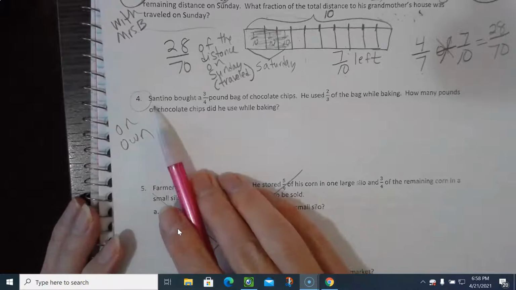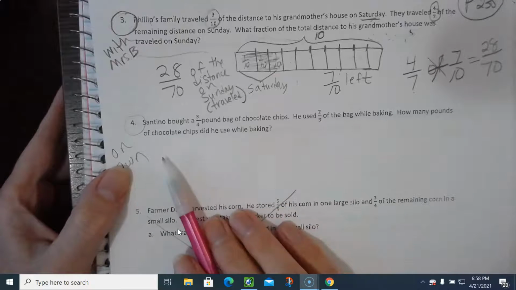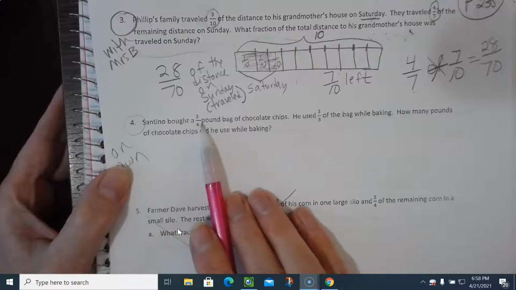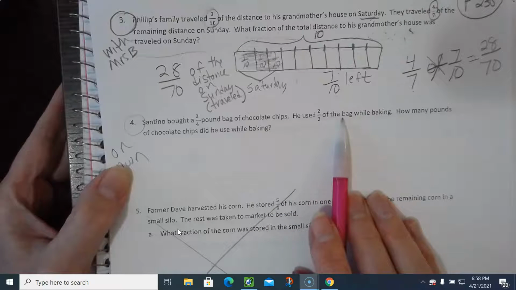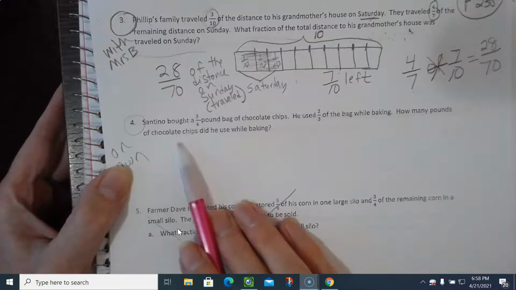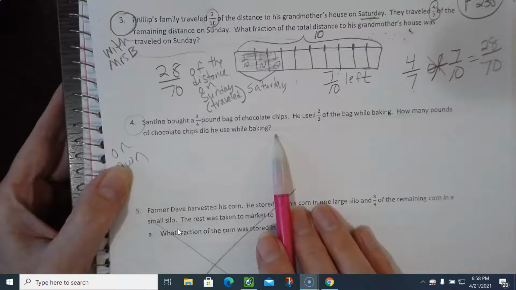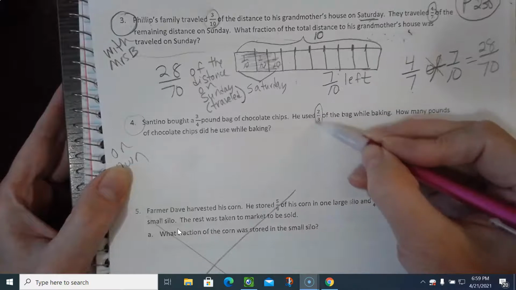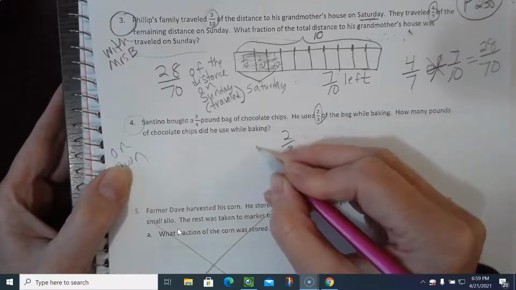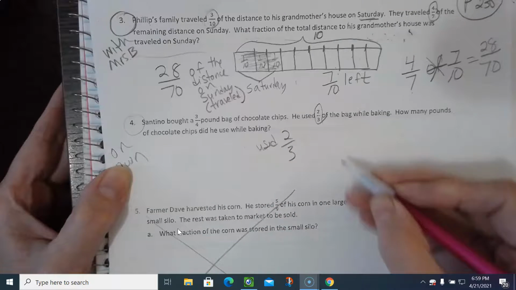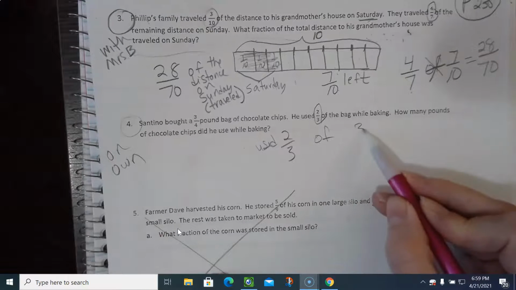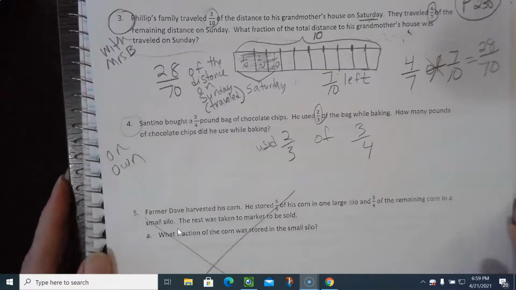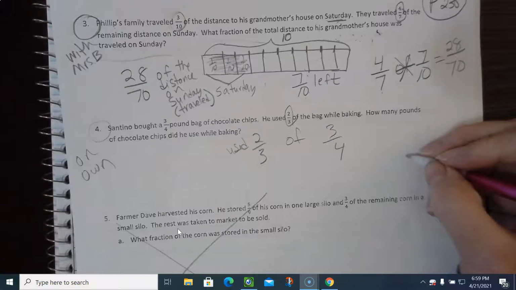Okay, problem number 4, you are going to do this one on your own. So Santiago bought a 3/4 pound bag of chocolate chips, and he's using 2/3 of the bag while baking. How many pounds of chocolate chips did he use while baking? So I'm trying to figure out, this is what he used. So 2/3 is what he used, and that is of the whole 3/4 pound bag that's there. So what would 2/3 of 3/4 be? You can go ahead and solve that problem. And then you are going to take a picture of this in